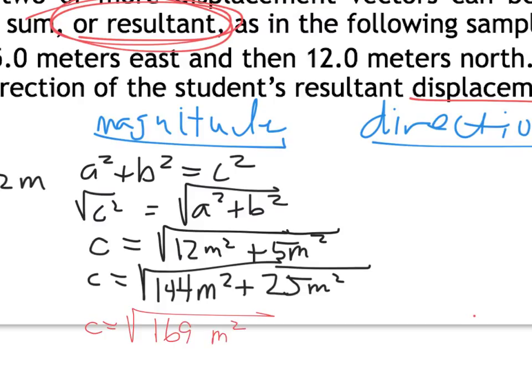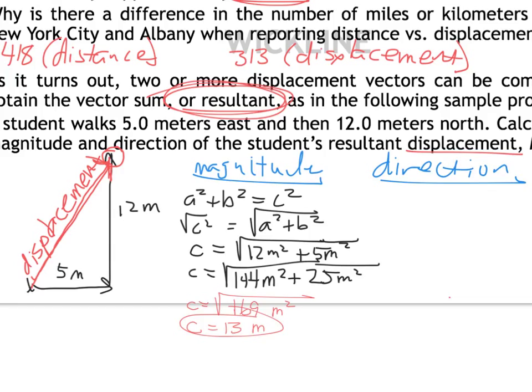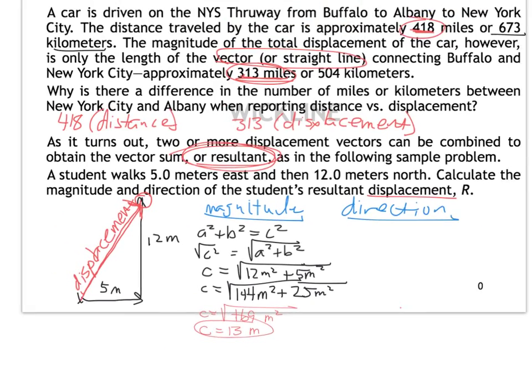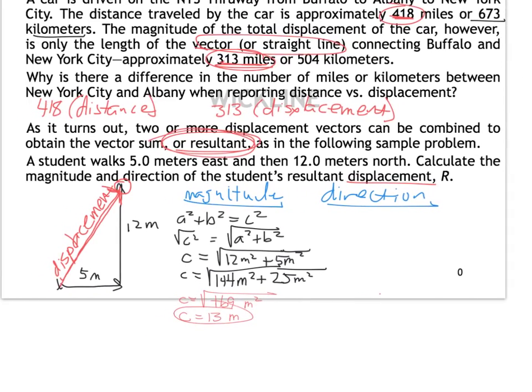I guess square meters. And the square root of 169 is going to be 13. And the square root of meters squared is going to be meters. So yeah, I got 13 meters as the magnitude,